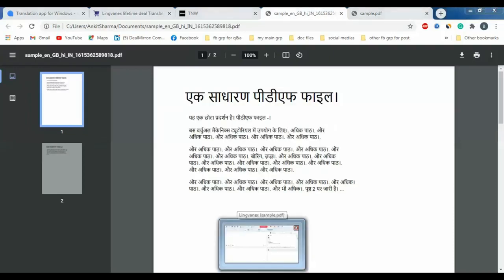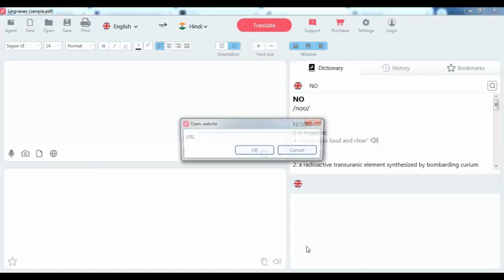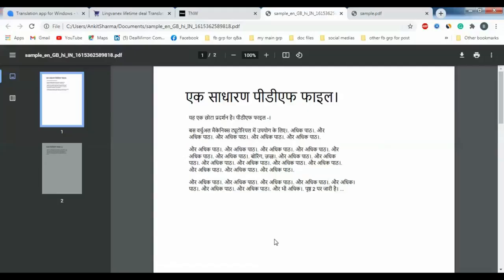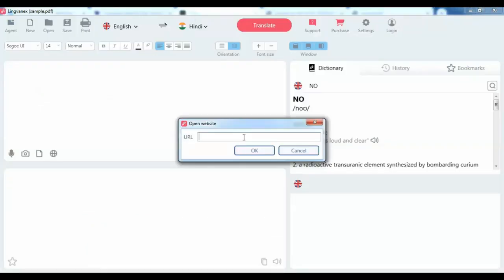Now again come to the software. You can translate any website from the Lingvanex software. You just need to put the URL of the particular website. Now let me copy the URL and paste it here.